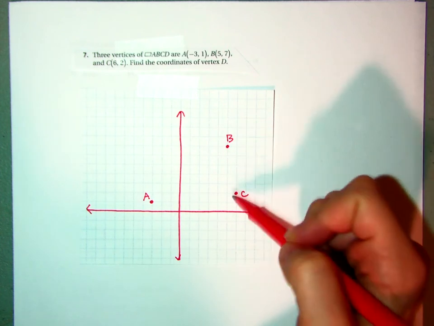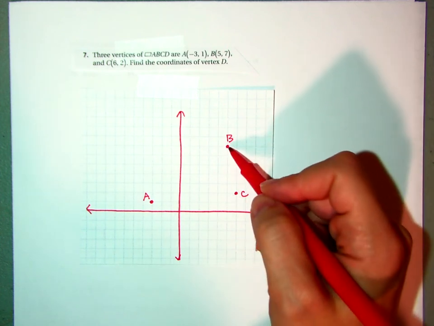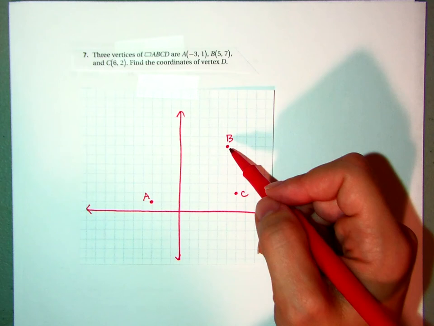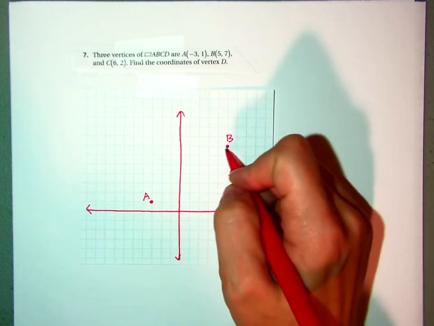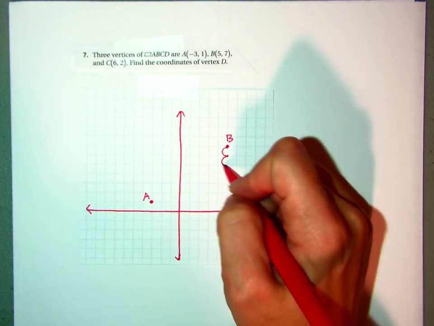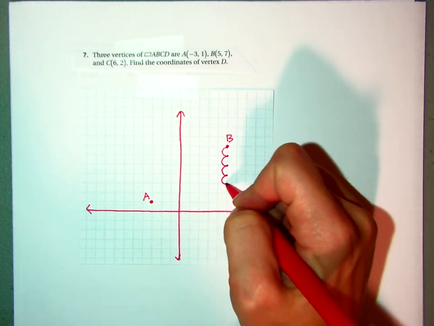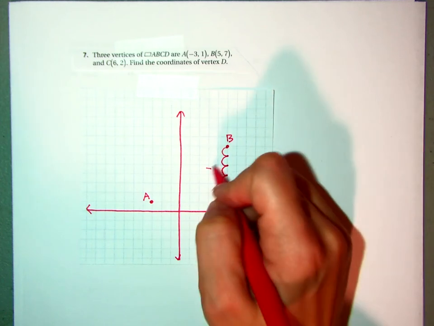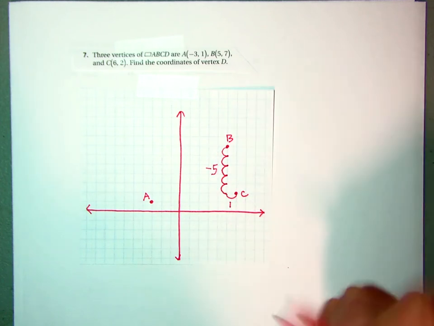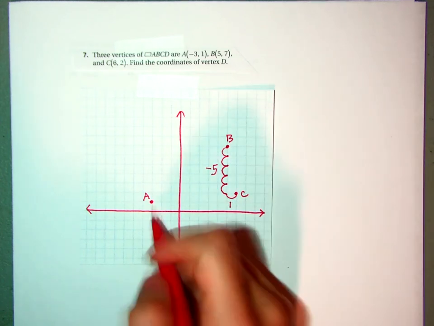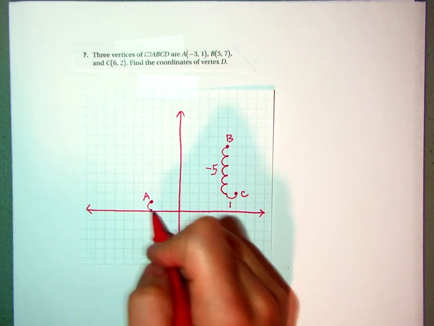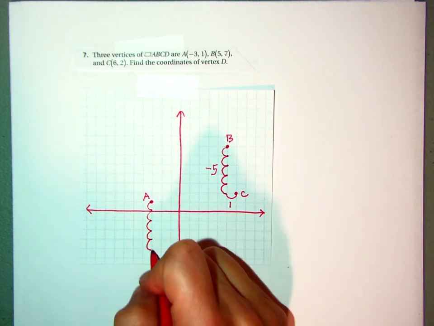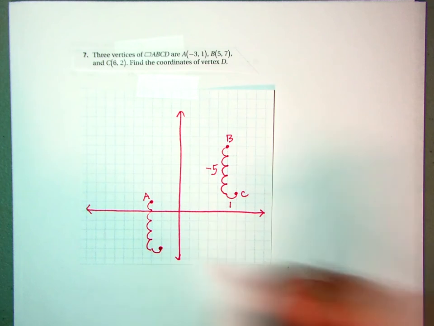Like if I pick B and C here, let's find out what the slope is, because on a coordinate plane, you'll know if something's parallel because the slopes will be the same. So what you can look at is this goes down 1, 2, 3, 4, 5 units, and then over 1. So down 5, and then over 1. Well, then from A we can do the same. We can go down 1, 2, 3, 4, 5 units, and then over 1,